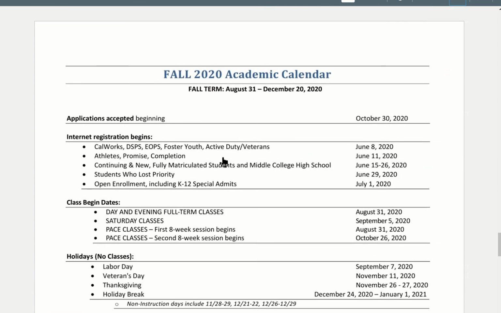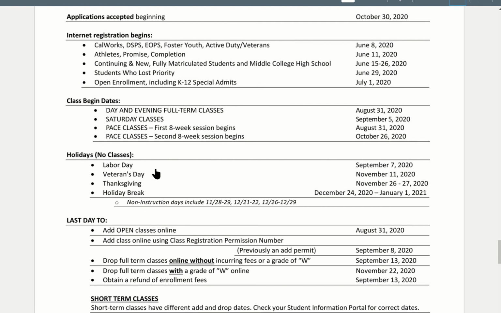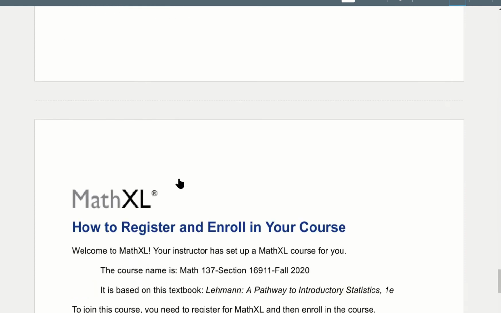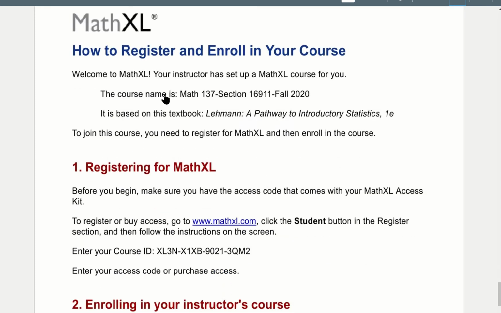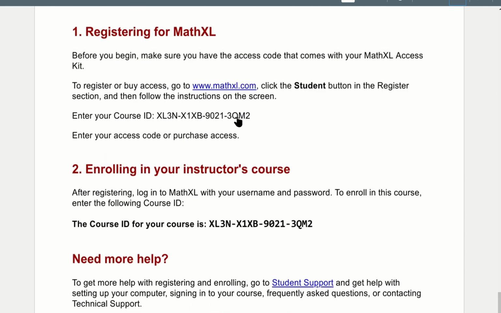Here I've just replicated this from your fall schedule, just for your convenience: the special dates, holidays, deadlines, last day to drop with a W, all that stuff. And again, at the very bottom of the document, you will find the Math Excel registrations. And you're basically going to be needing this code, class ID, to be able to register for this class. All right,